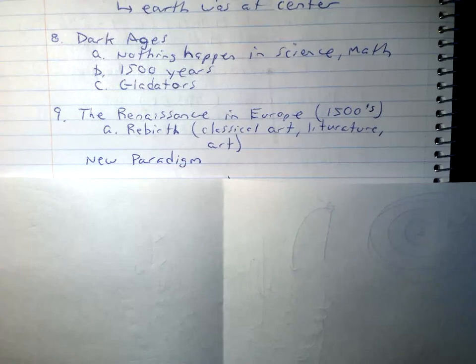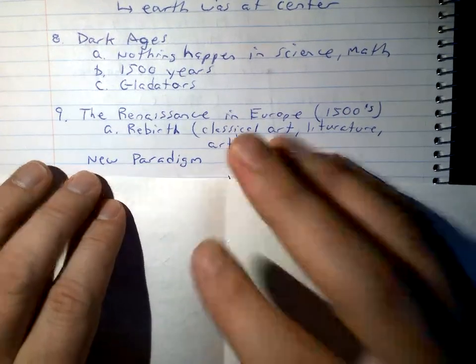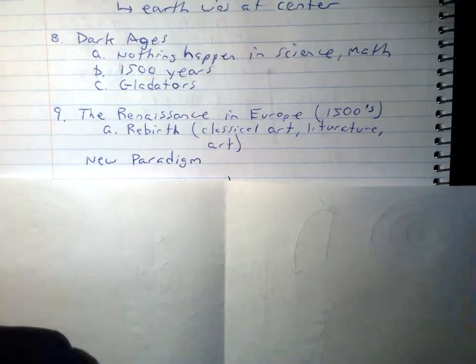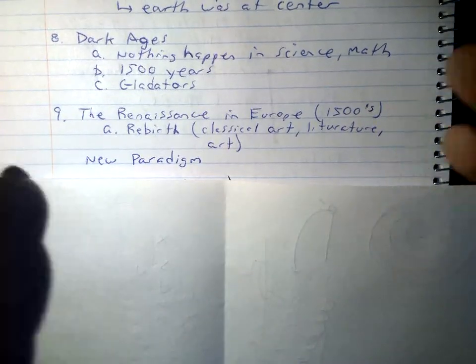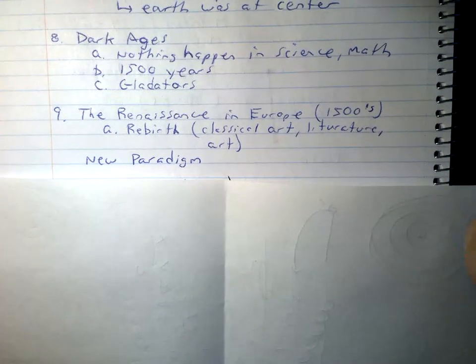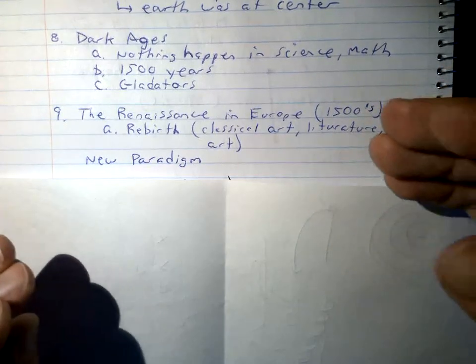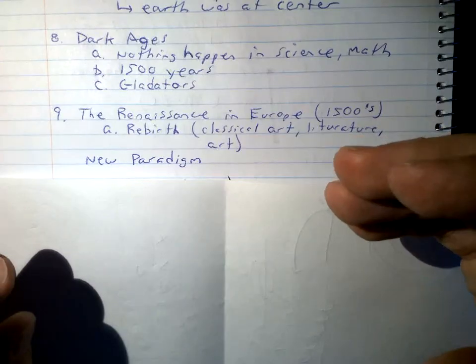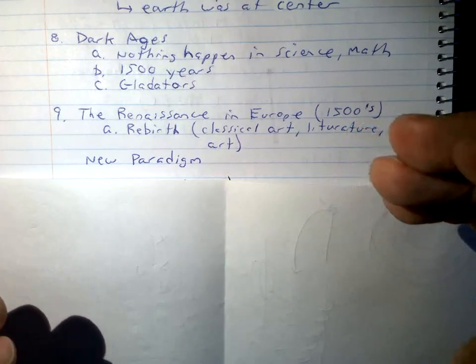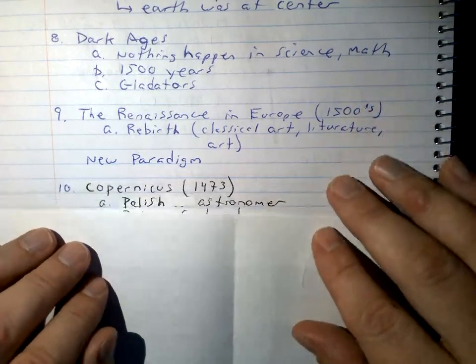Remember this: the Roman Church, the Vatican, was pretty much in charge of all of our scientific information, our knowledge that we have. And it was really hard to go against something like that, because it's almost like stepping on eggshells. And so